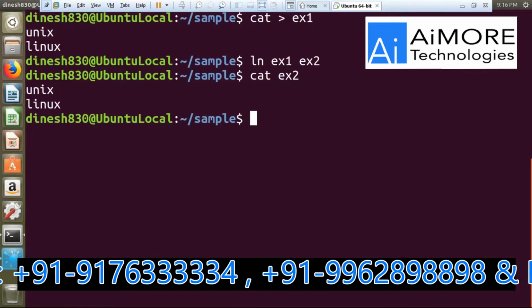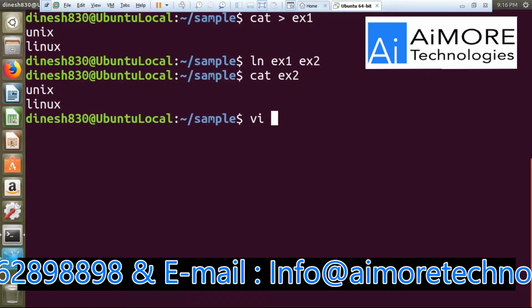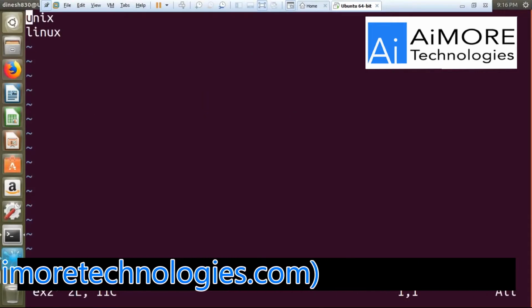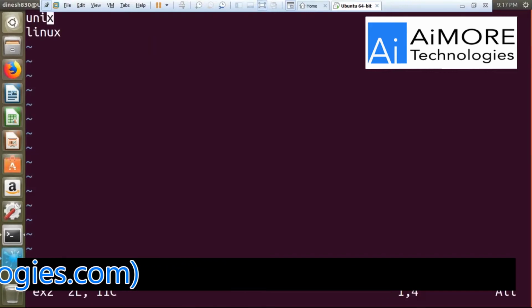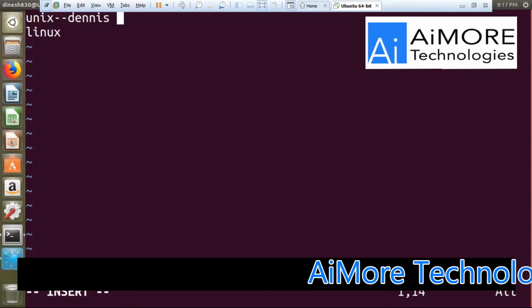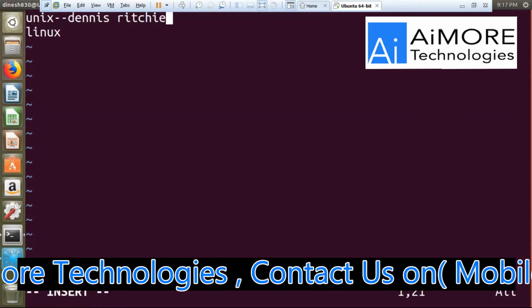See, let me change ex2 with vi ex2. I've just opened the file with the editor,